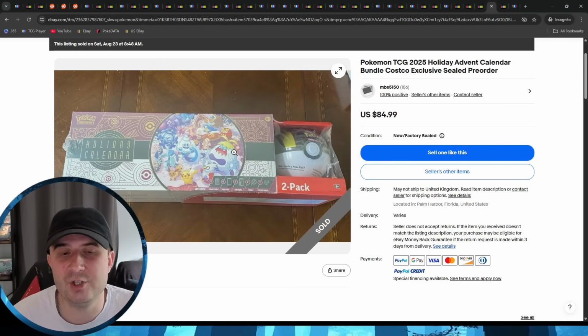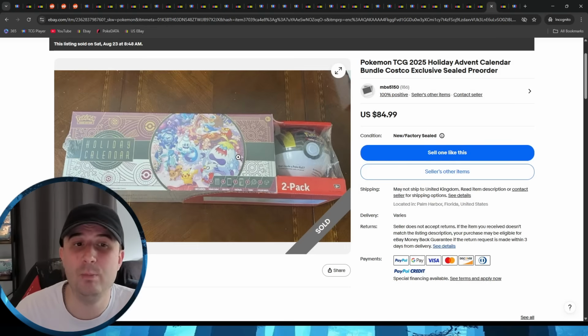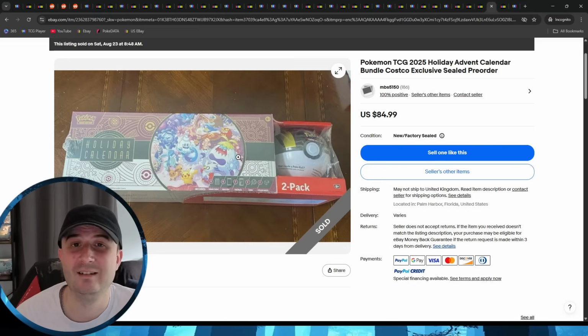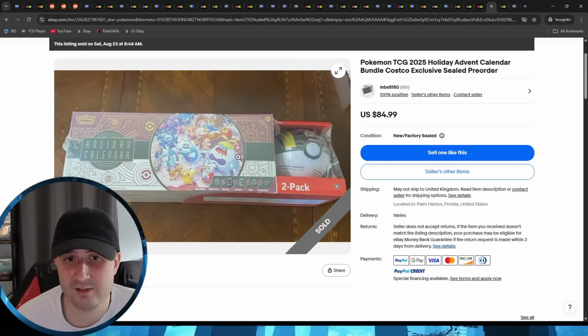My recommendation is that you buy one of these to open, not to keep sealed, for the fun of it, because it's nostalgic. It's great for kids as well. If you've got kids that have even a little bit of interest in the Pokemon hobby, get them one of these holiday calendars. They will love it. I would have loved it as a kid to have one of these to open up. And I'll give you a little hack. You don't need to buy this year's one. Last year's one,